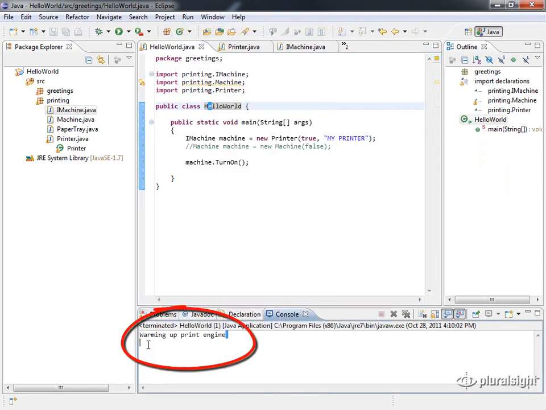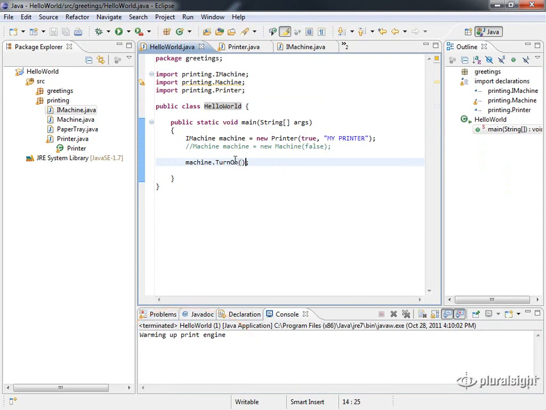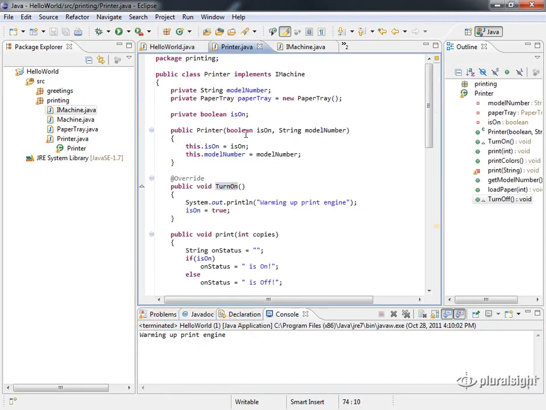So you can see it just has the warming up print engine because it's calling the turn on method in printer when we use that interface. Now let's take this one more step further and make it so that we are going